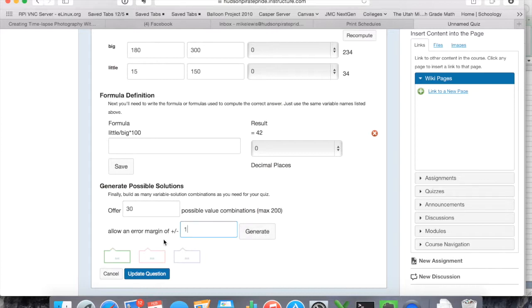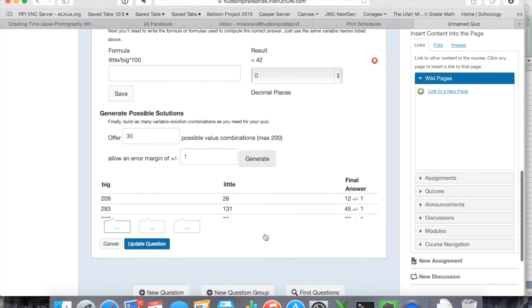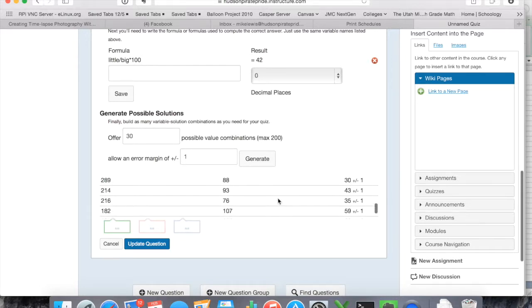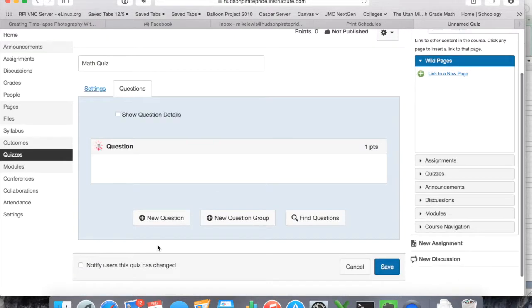Unfortunately, it's not possible to give it an error margin of a percentage. That would be nice, plus or minus 5%. So it's just a straight number that is your error margin. And so once you click generate, it gives you a list. Somebody's going to get the question with a 209 and a 26, and the answer would be 12 plus or minus 1. So if they put in 11, 12, or 13, they'll get it right, and so on and so on. And I'll update that question,